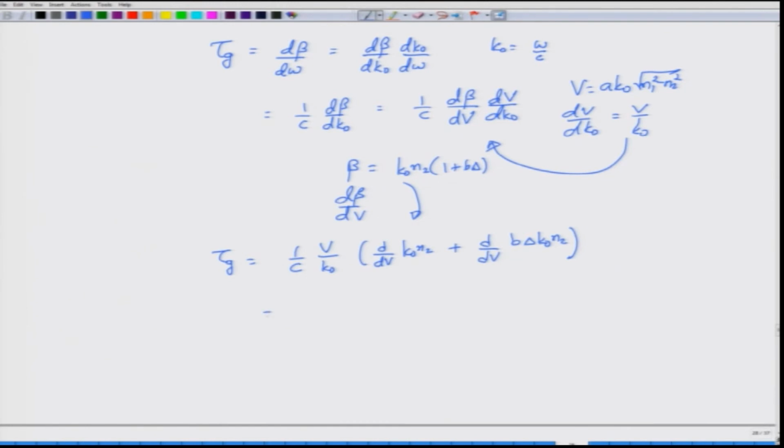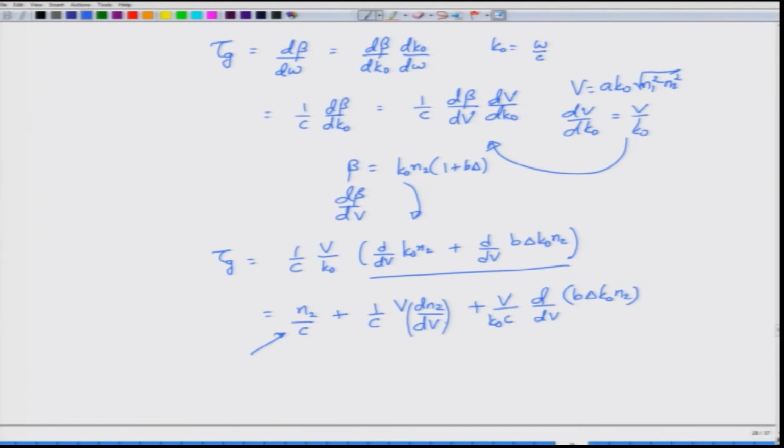Okay. Now, when I actually carry out these derivatives, what I get is 3 terms. Okay. I will tell you the importance of these 3 terms very shortly. So, what you actually see here is this one, right. So, I know what n2 by c is, that is simply the phase delay kind of a thing, right. But then I also have dn2 by dv.